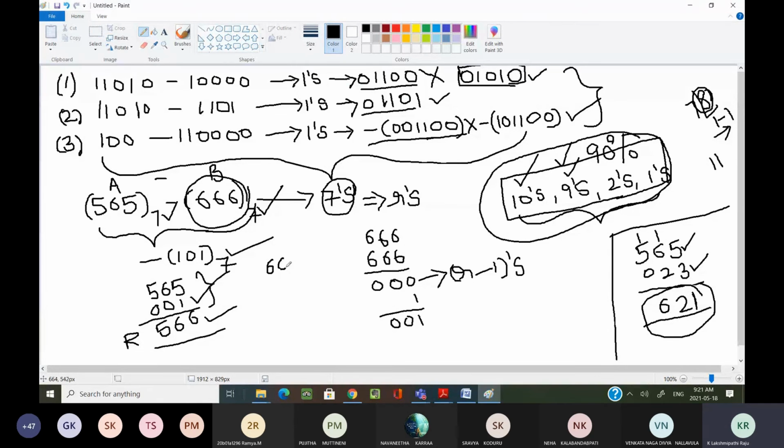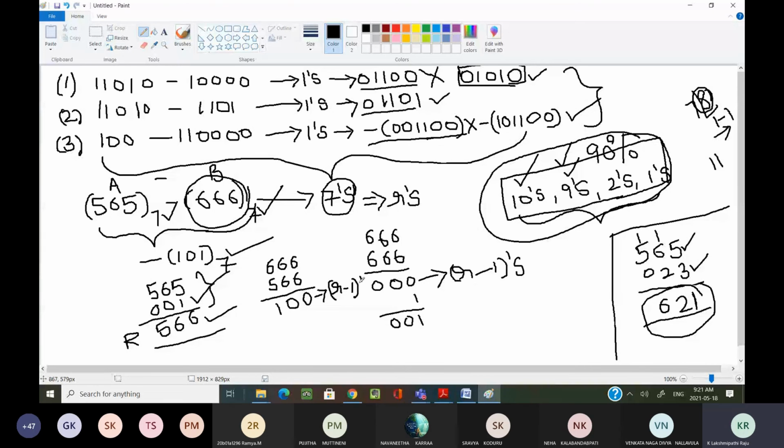Before calculating the r's complement, first I am calculating the r minus 1's complement, and I am adding 1 to that r minus 1's complement, and I am getting the r's complement. Now what is the result you are getting? 100. Most of the people make mistakes here only. Sometimes whenever I am explaining, I can stop here. But you should remember that this is not r's complement. This is r minus 1's complement.